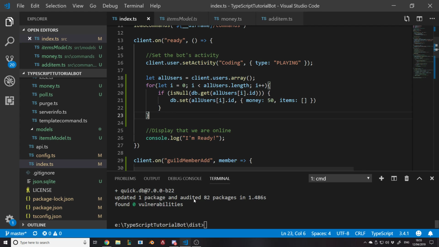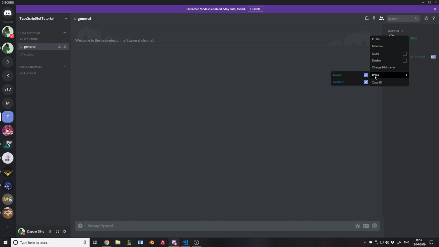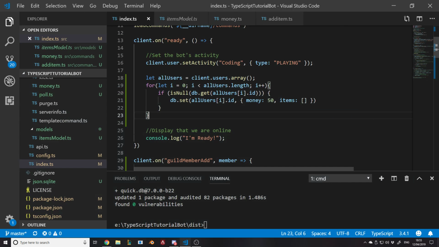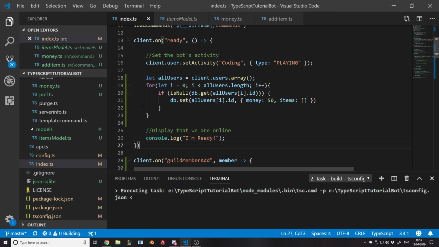There's no harm in having the bot there. The bot has an ID, it's just like a user in that sense, so it's fine. Let's run the bot and see what happens. So Control-Shift-B, build,